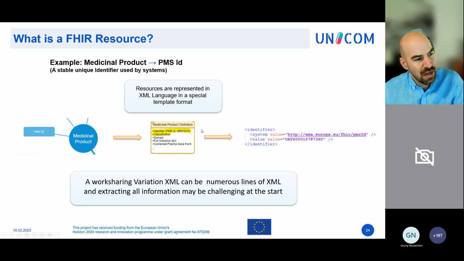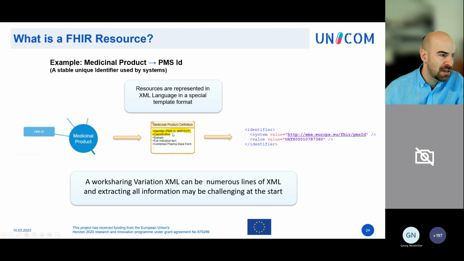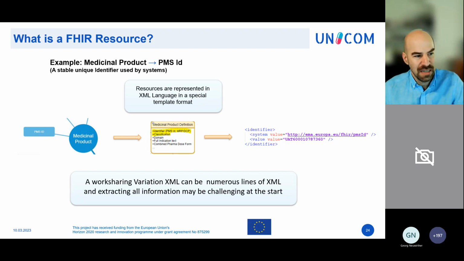In the future, it will contain what we know as the MPID, so the MP ID. We don't have that one yet, but when it comes along, it will be there. And it contains an element that is called classification. Now, classification classifies your product. And one way of classifying is the anatomical classification, which is the ATC code.